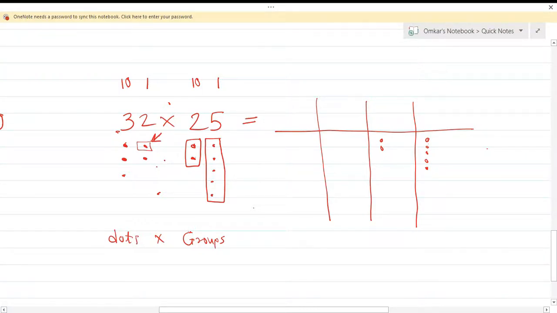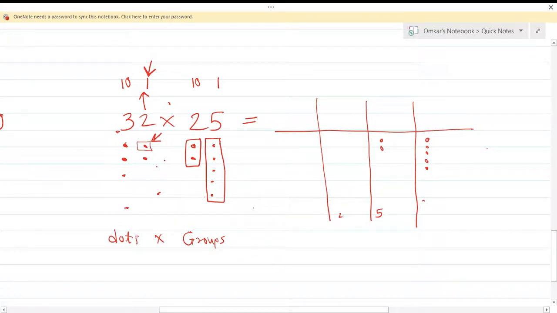Now you may ask why I have given only this. Why not five dots here and two dots here? Because we have these two in the units place, that's why we didn't put that in the next columns. Okay. The next time, if there is such a case, we will see.